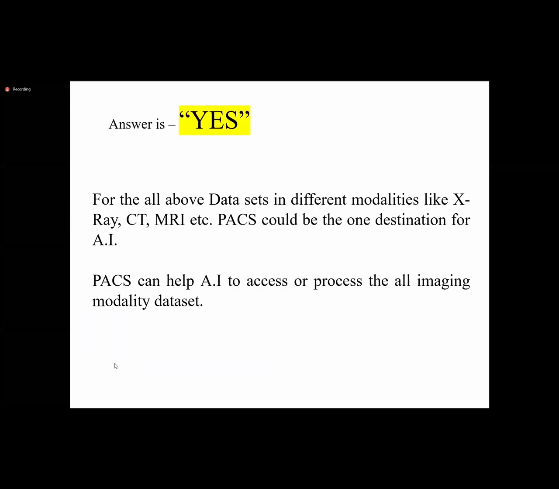So we can say proudly that each and every equipment can work with the AI, but the PACS will be the more suitable option because the AI needs the maximum number of data sets, and the maximum number of data sets in the radiology department we can get at one location only, that is the PACS system. But it doesn't mean that AI cannot work with CT or MRI. Independently, it can work with each and every equipment. But the more suitable option nowadays in radiology is the PACS, because at the one location or at the one station, AI can access the maximum amount of data from each and every equipment, and can also access and process the imaging modality.